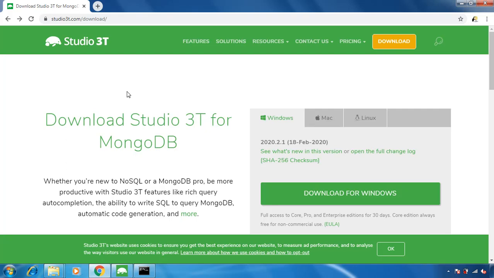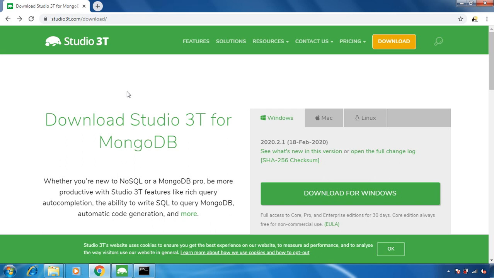Hello and welcome back. In this lecture, we are going to install Studio3T for MongoDB. So Studio3T is a UI connector for MongoDB so that we can manage our database, collections and documents. So it seems like SQL databases. We prefer some UI connector to manage our database, tables, writing the queries and doing a lot of things